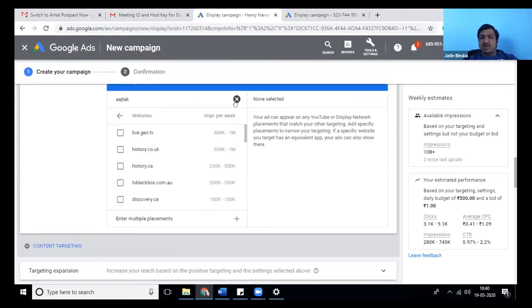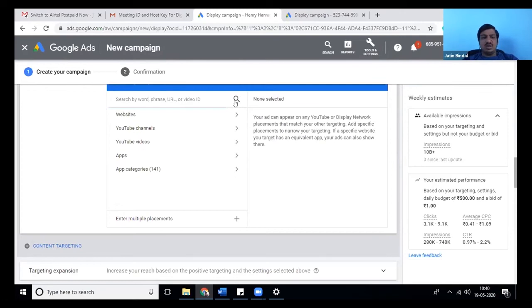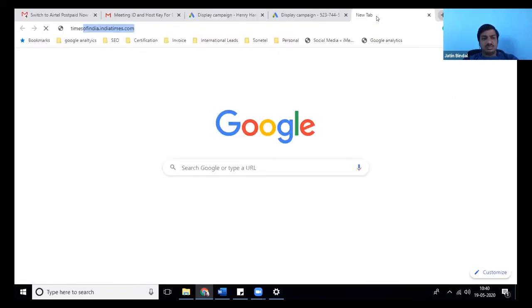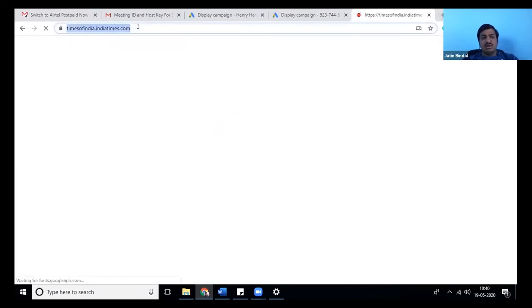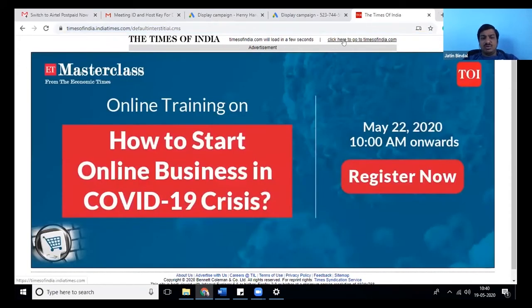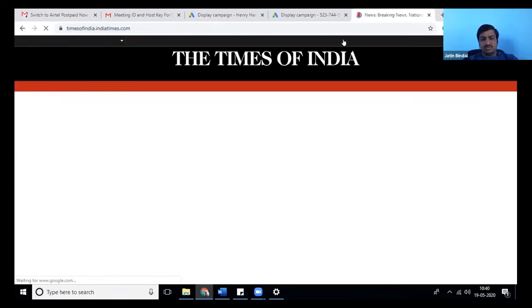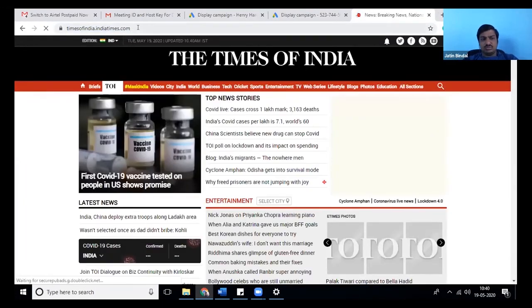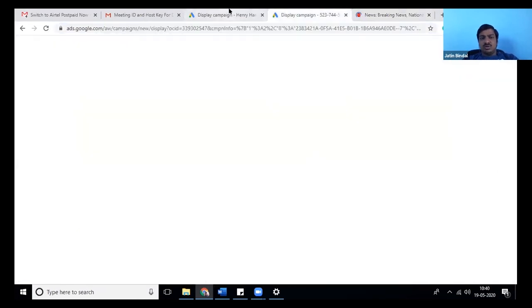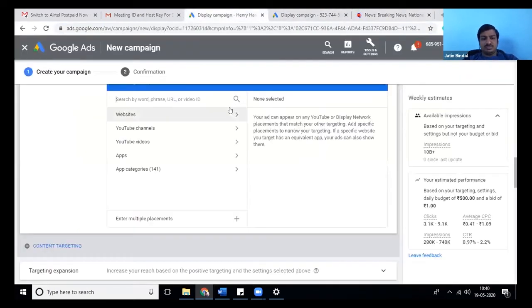So you can search specific sites, type their URLs, type their video URLs, and simply target them. Like, let's say, Times of India. This site I want to target, so I will copy this URL, put this URL over here